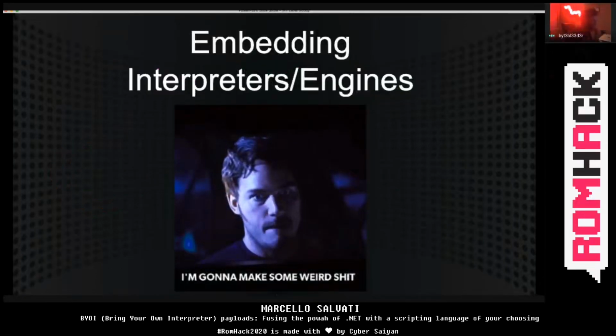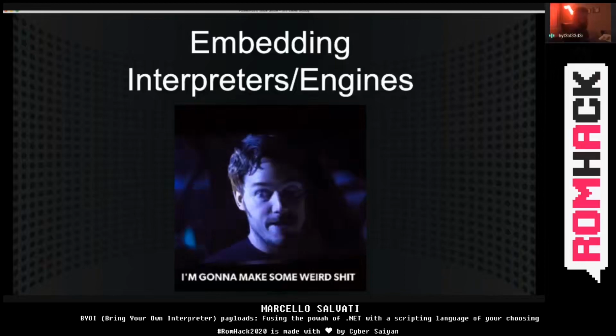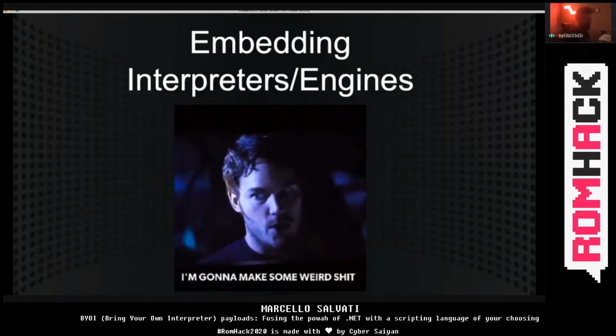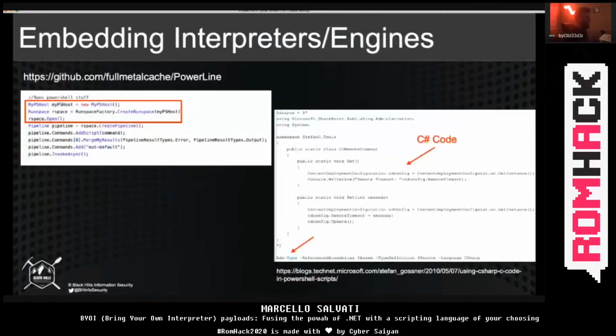I'm going to be talking about how to actually go about embedding these languages. Incredibly enough, if you've been pen testing or dealing with red teaming tradecraft in any recent number of years, you've probably done this a number of times without even knowing it. There are a number of projects out there that take C# code and embed it within PowerShell and vice versa. They take PowerShell embedded in C# for a number of reasons. There's a project called Powerline,